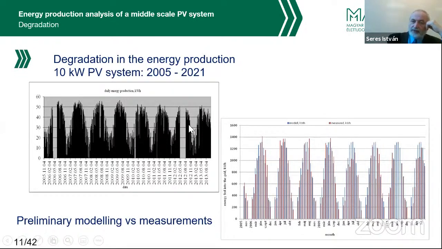This is the daily energy production of our system. Here you can see very well the seasonal changing. Sometimes we had some data loss, but the system was working continuously. These gaps are not the system fault, they are just data loss. But as I mentioned, we measured these data for the different technologies separately. So this was giving the basis of our analysis.